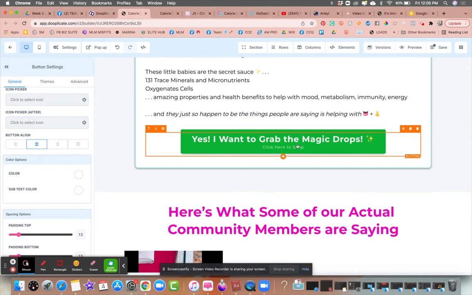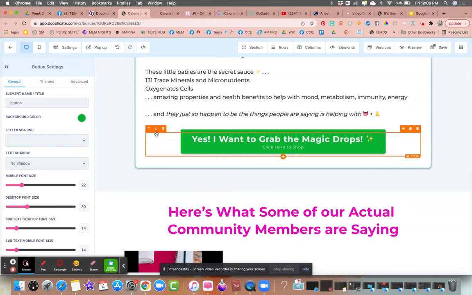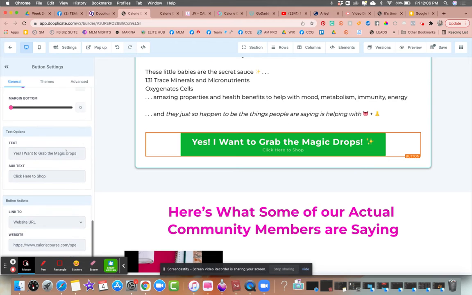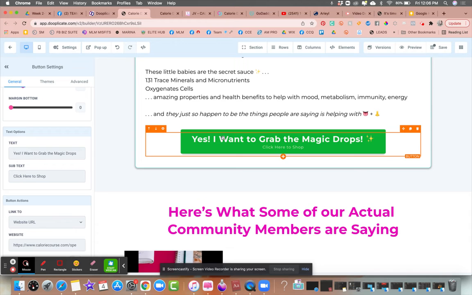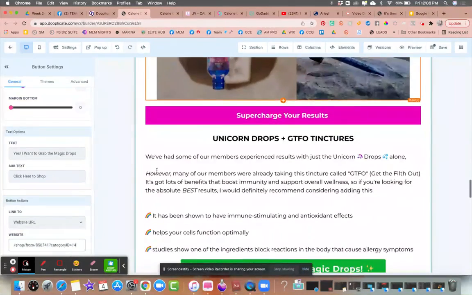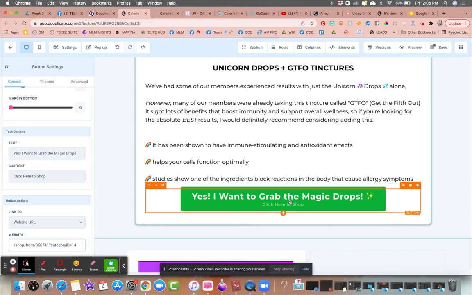And now when somebody clicks on this link, okay, so I'm clicking on here. And it's saying this is now I'm going to edit the button. Okay, so I'm going to add my link to the button. Scroll down a little bit and it's saying button action. So this is the button and I'm going to tell it where I want to send that person. I want to send them to another website and I'm just going to paste my link right here. All right, so now I'm going to go down to the next button, the green button, and I'm going to do the same thing. I'm going to paste it.